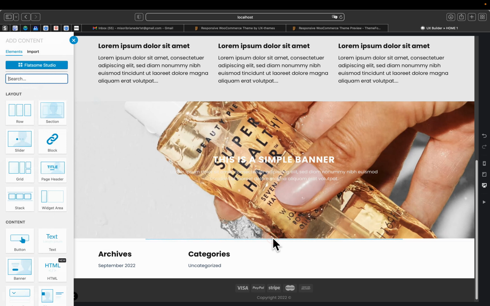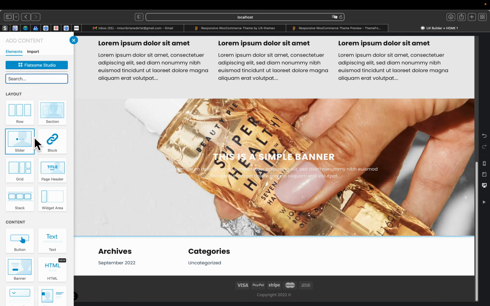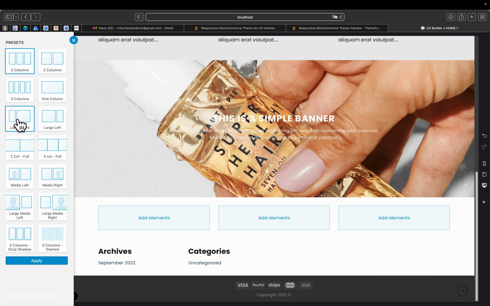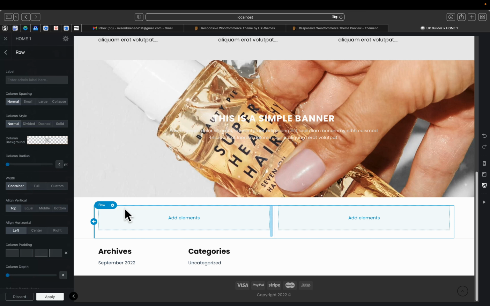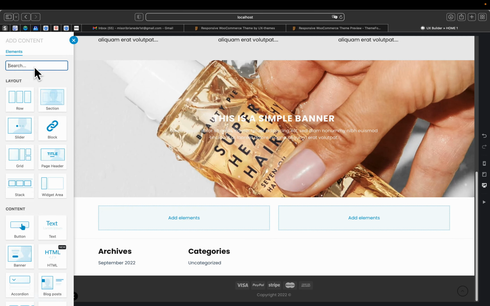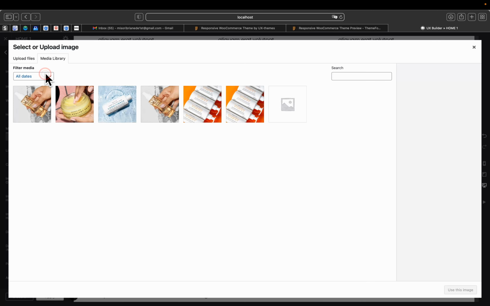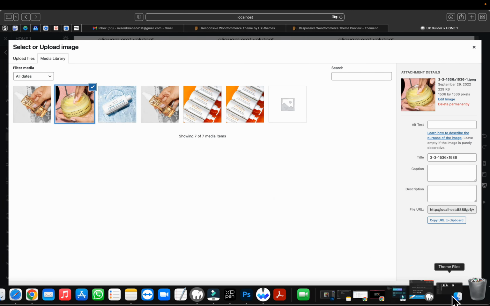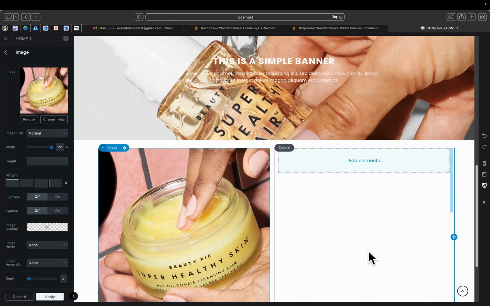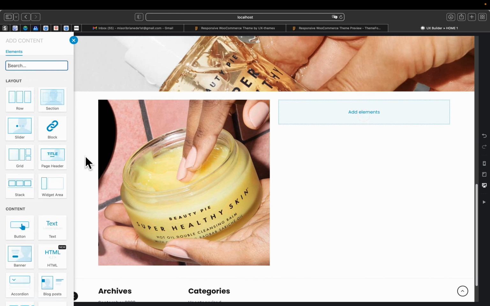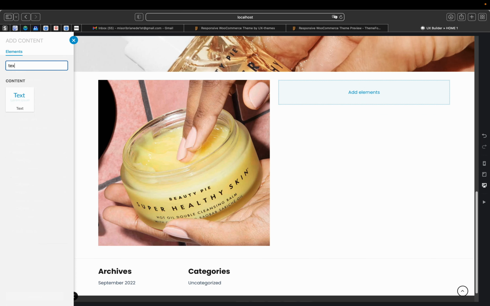The next section was a row with 2 columns. So I'm going to add a row over here with 2 columns. I want a row with 2 columns like that. There you go. This row with 2 columns, one of them had an image. I'm going to call this image. Over here, I'll select the image like that, and then I'll simply put the text